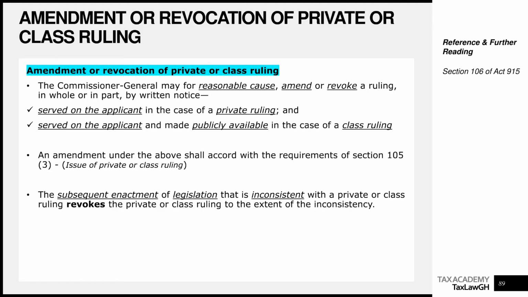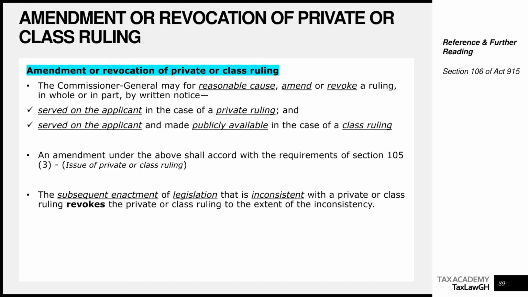So we are saying the Commissioner General may, for a reasonable cause, amend or revoke a ruling in whole or in part by written notice. So if it's a private ruling, he will write to you to revoke it. Don't forget that he wrote to you to give it a ruling. So if he's revoking it, he will write to you to revoke it. And then in the case of a class ruling, he will serve the applicants with a written notice once again,